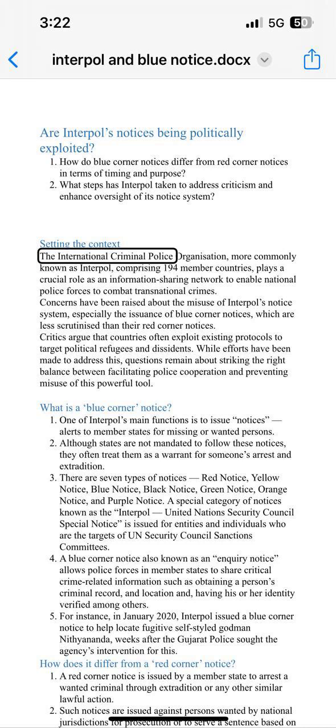So these are the 7 color notices: red, blue, yellow, black, green, orange, purple. Apart from this, you have the International United Nations